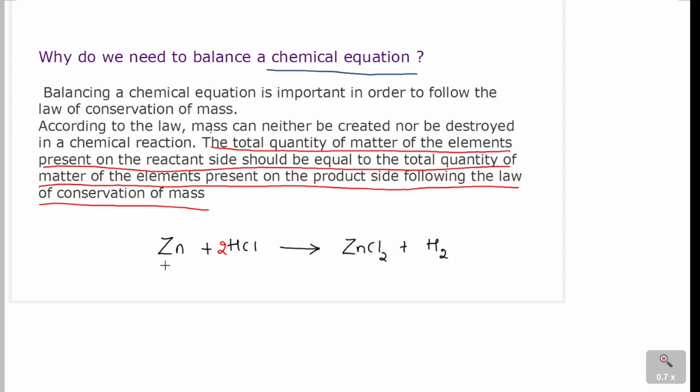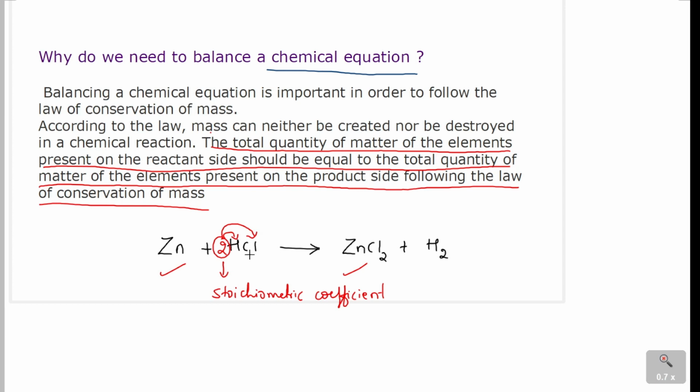See here, there is only one zinc atom on both reactant and product side, two chlorine atoms on both reactant and product side. Remember that we are going to write the coefficients in front of these compounds or elements. These are called stoichiometric coefficients. When you write the coefficients in front of any chemical formulae, it is applied to both the constituent